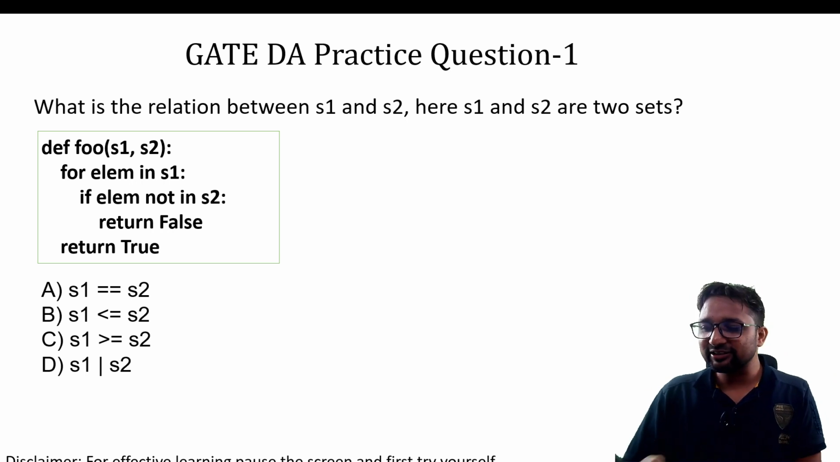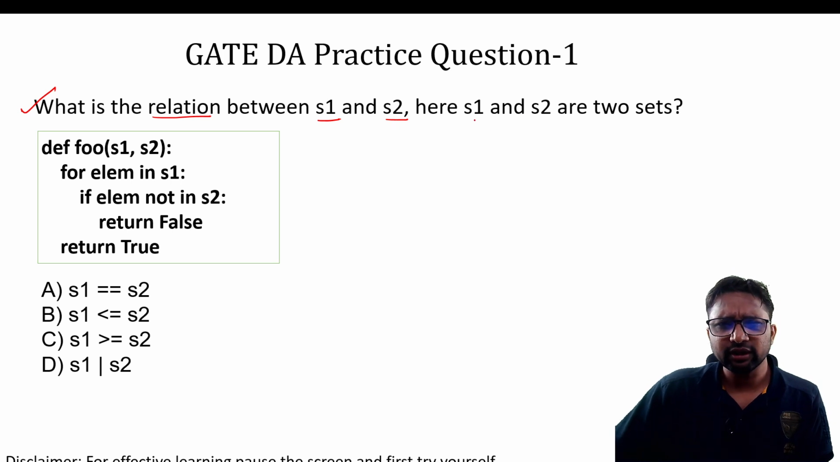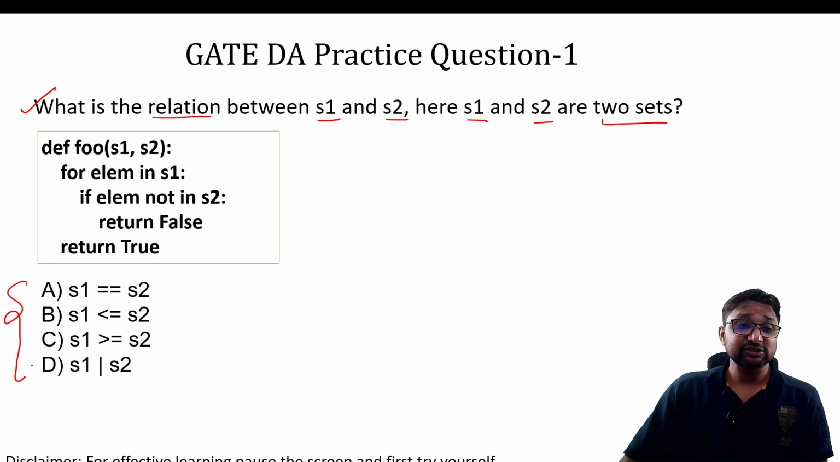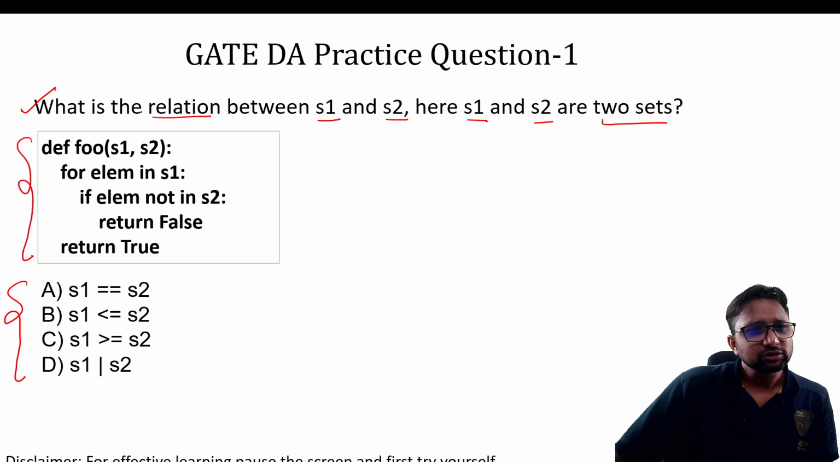So let's start with the first question. Let me read the problem statement. What is the relation between S1 and S2? What is S1 and S2? They mention here S1 and S2 are two sets. So we need to find out what is the relation out of these four between S1 and S2 based upon this code. In this code they provide us one function foo,